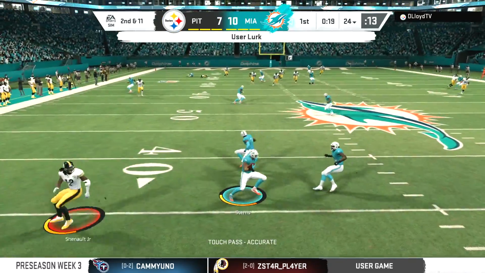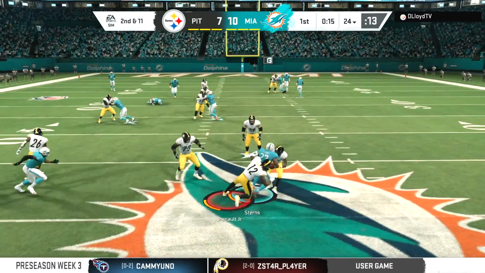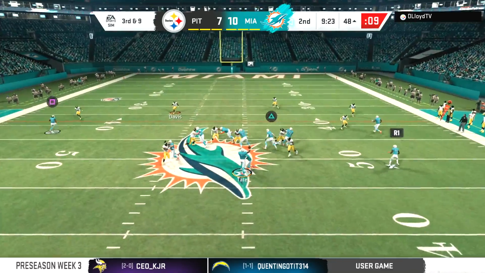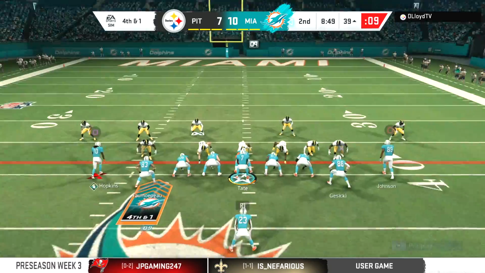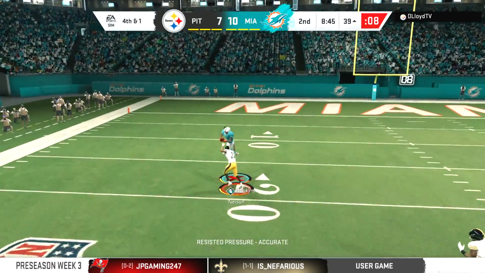Oh, what an interception by the rookie Caden Stearns. I definitely like the way Caden Stearns is playing out here, man. He's definitely got a lot of promise, especially once he gets superstar development. That's going to be a big key for our young Dolphins squad. Still a young Dolphins squad, man, even though we're bringing in a couple of vets